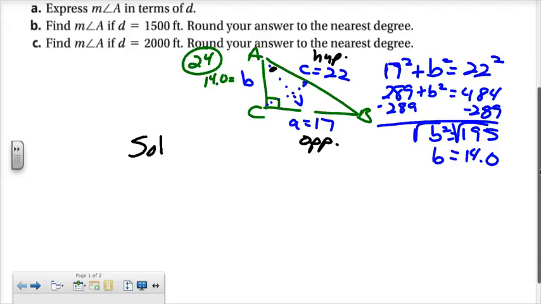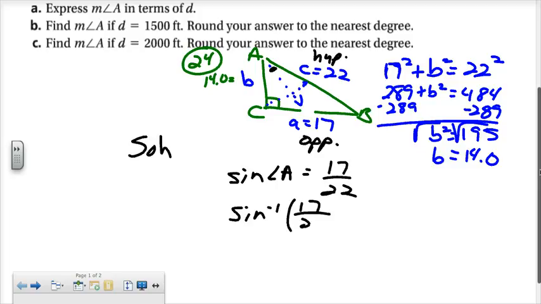And I think SOHCAHTOA, and as soon as I get to SO, I see, well, there it is, opposite and hypotenuse. So the sine of whatever we have up there for angle A equals 17 over 22. And then we have to use the inverse trig function in order to get that angle. So I am going to punch in second sine 17 divided by 22. We use those inverse functions whenever we need angles. And the measure of angle A comes out to 50.59943. So this will be